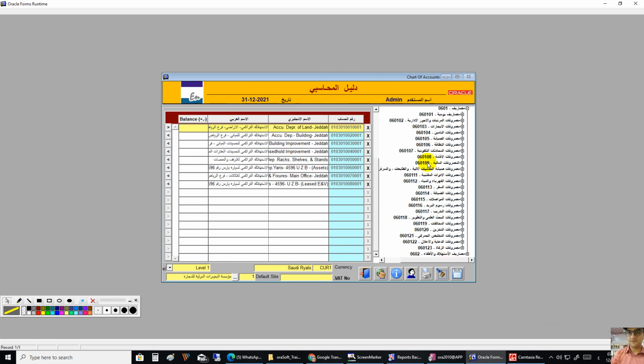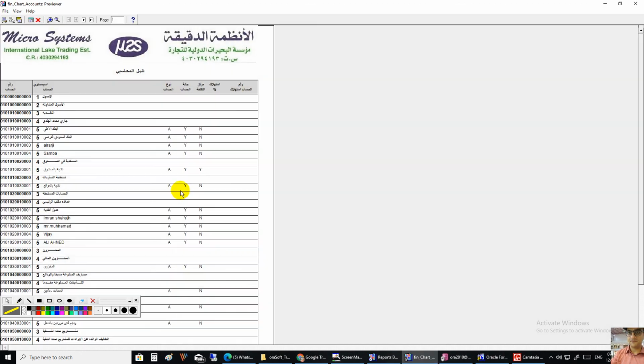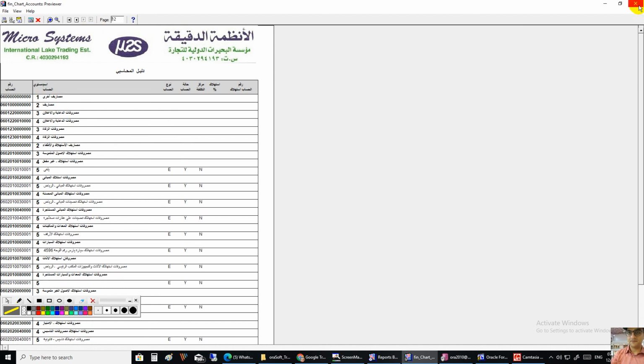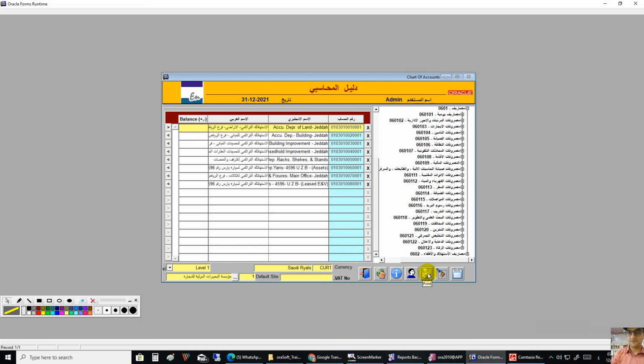So this is a very important and vital part of the ERP. If you click the print button, it will give you the printout. And in the printout you can see that we have already mentioned all the different categorical areas of the chart of account. The most important thing to understand, which I am going to explain once more,